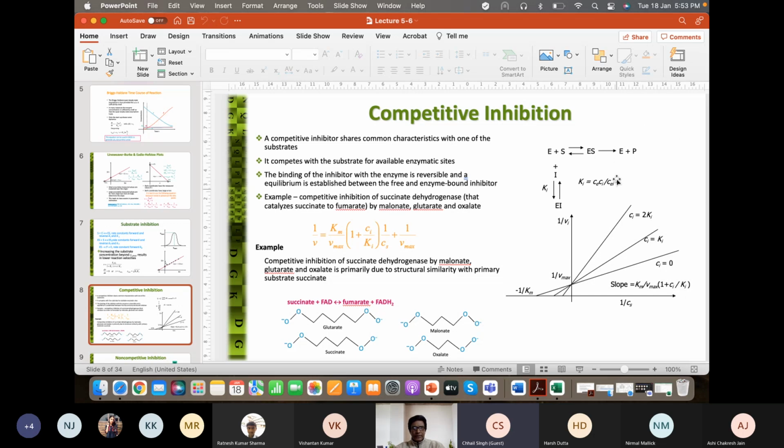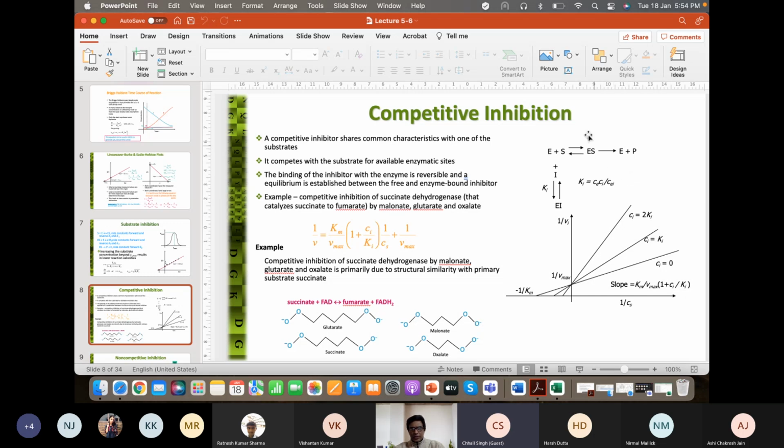Then the other equation will be the enzyme balance. So what is the enzyme balance in this case? E plus EI plus ES is equal to E0. So that will be the enzyme balance. And then the other equation will be